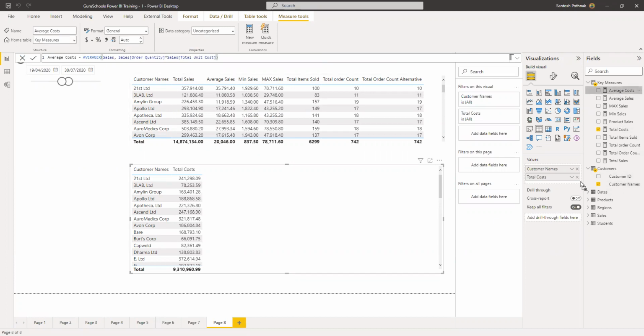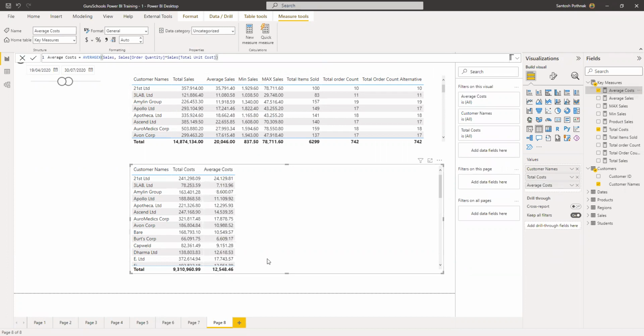Average cost. Okay, average cost. And maybe these are 10 in place. So that's why the average is again this divided by 10. That's why it's using almost the same number. Yeah, I can see the 10 orders. That's why you can see the average, maybe the total cost for those 10 is